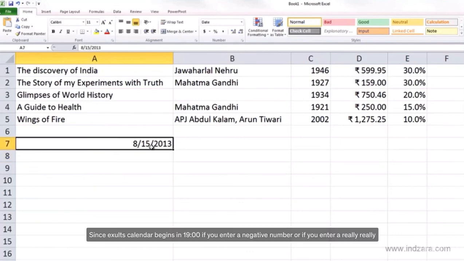Since Excel's calendar begins in 1900, if you enter a negative number or if you enter a really large number, Excel cannot detect that. It will not display the right information. There are some workarounds for dates before 1900, but that is